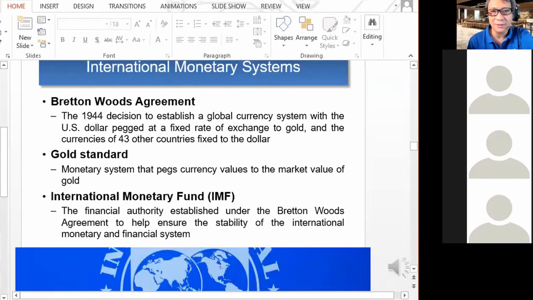Kasi what we have today is the fiat standard. In other words, the value of the currency, like the foreign exchange, is based on demand and supply. Remember, I have discussed that earlier. Now we have a better understanding. The value of foreign exchange, the value of currency, is just floating in the market. So when we say it's floating, it's influenced by demand and supply and other forces, politics, society, peace and order. It's affected by many things.